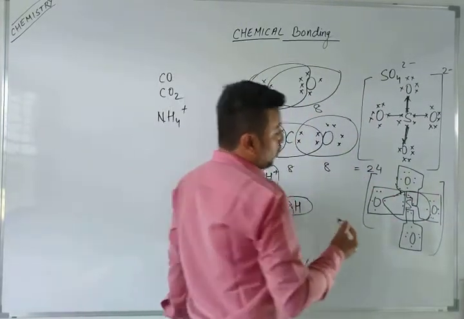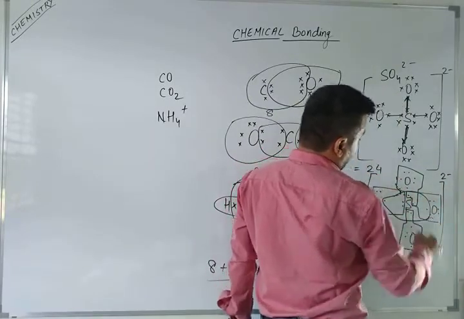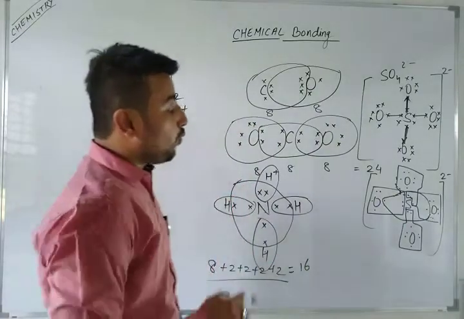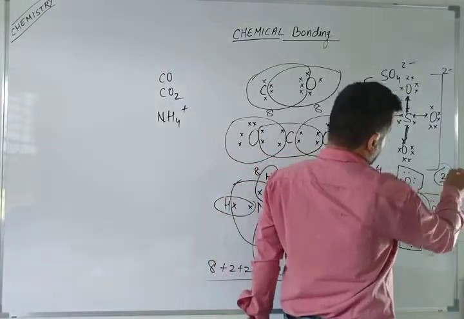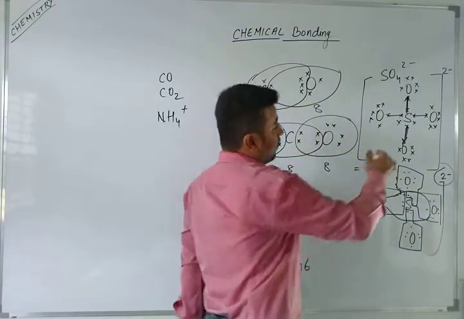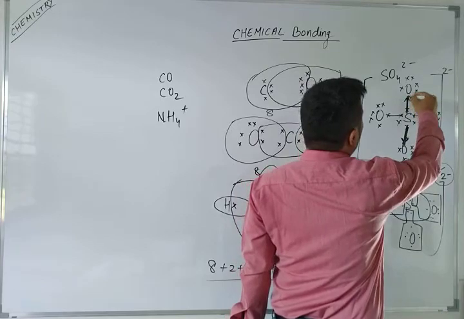So if you talk about the total number of valence electrons, 8 4s are 32 and 8 5s are 40. 42 valence electrons means 42 total electrons. 40 is here and 2 more electrons are here. But remember here, as I have told you about the half shared pair of electrons, remember these words, why I am putting the arrow here.